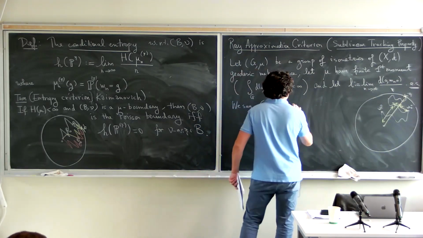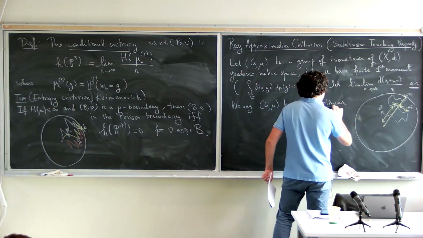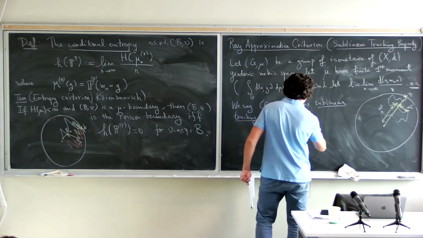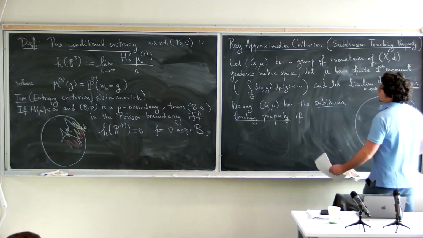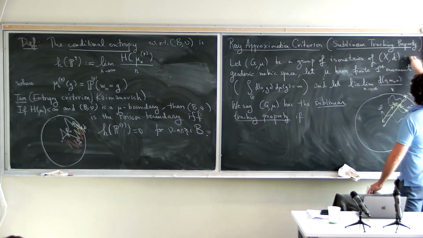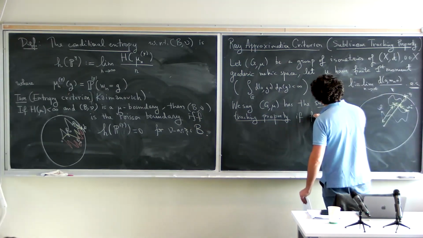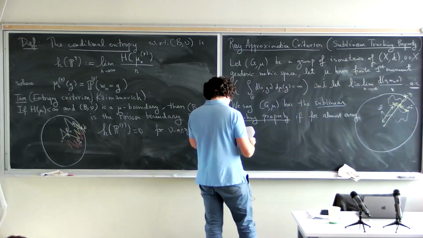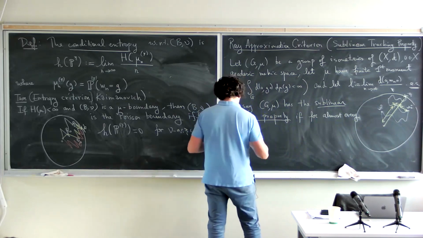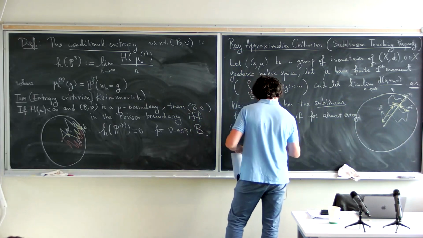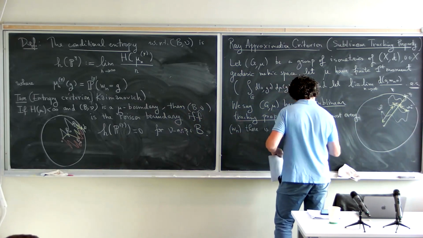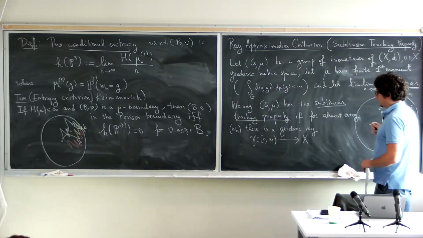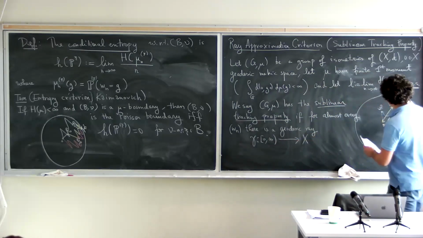G, mu has the sublinear tracking property if for almost any O in X, if for almost every sample path, there is a geodesic ray gamma. So what's a geodesic ray? It's an isometric embedding of a half line into X. That's a geodesic ray,